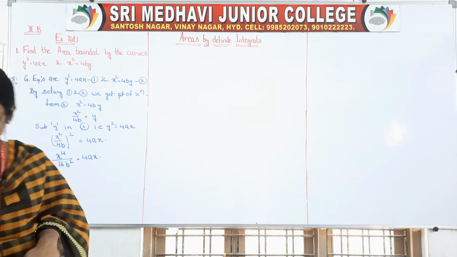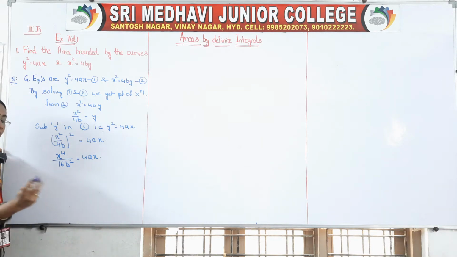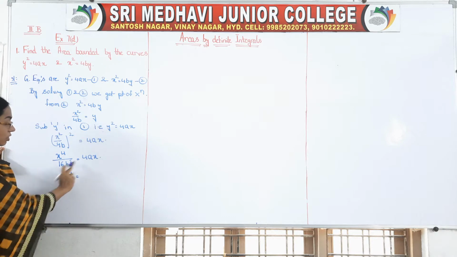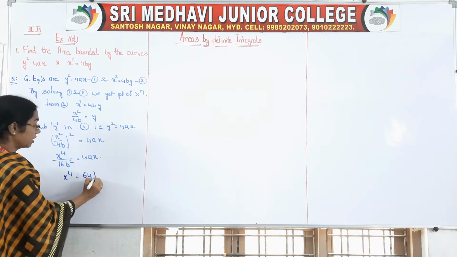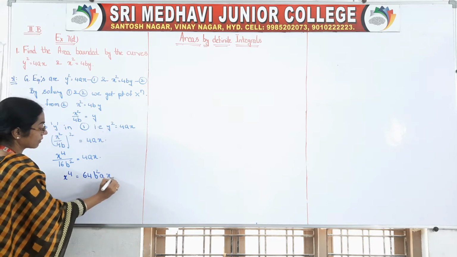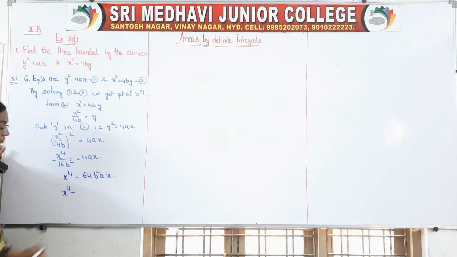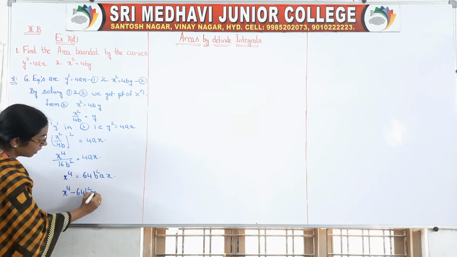Now you send this 16 that side, then you will have x to the power of 4 is equal to 64 b square ax. Bring that value this side, it is x to the power of 4 minus 64 b square ax